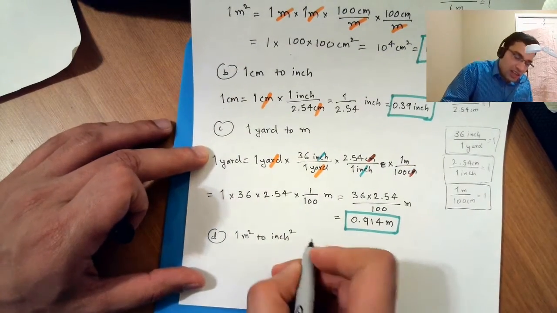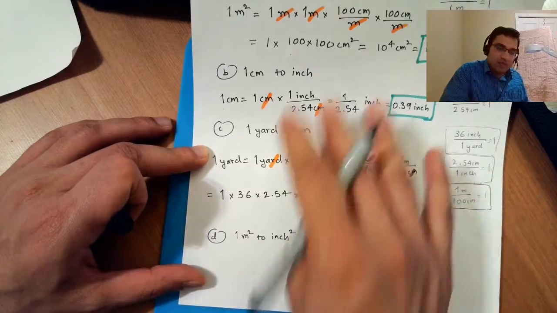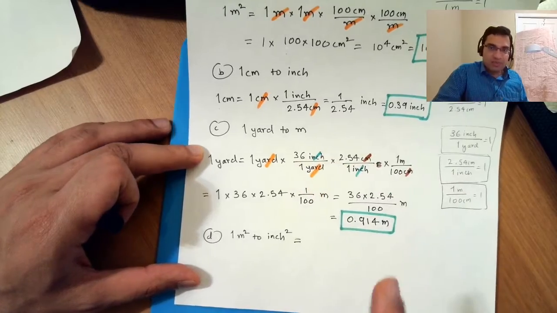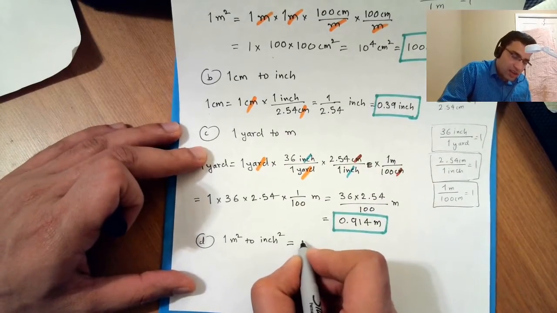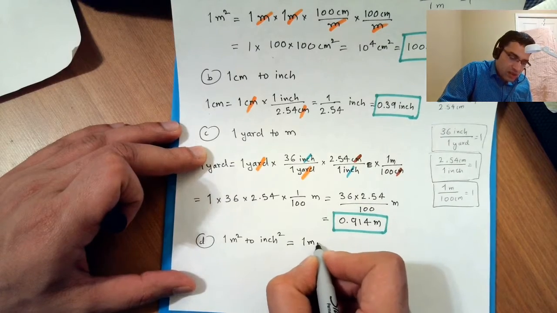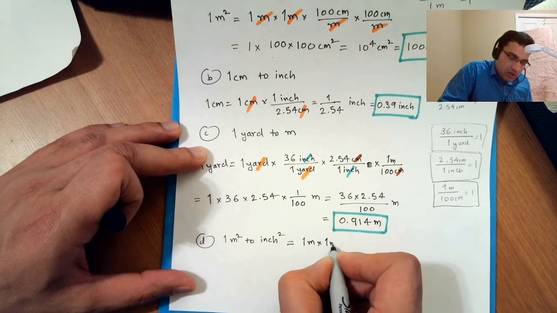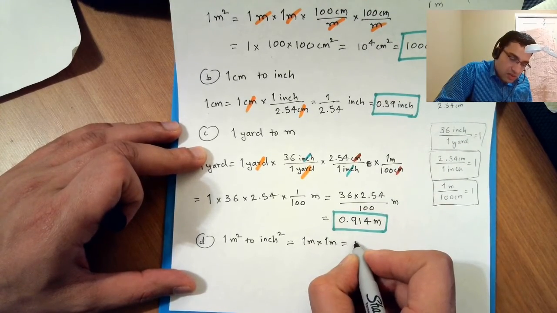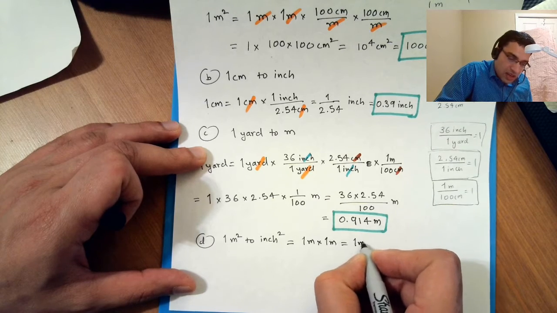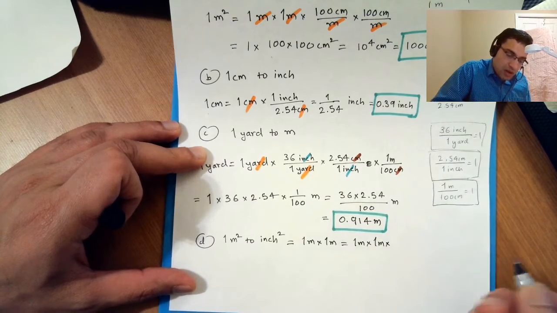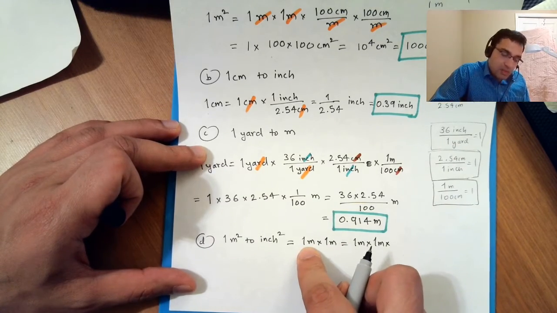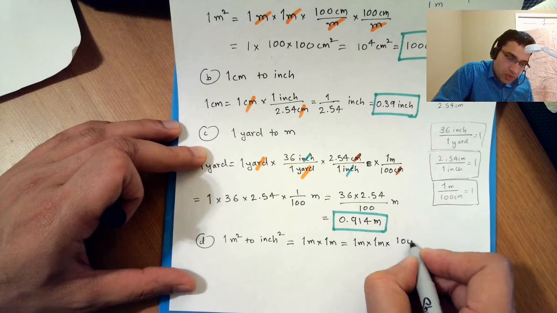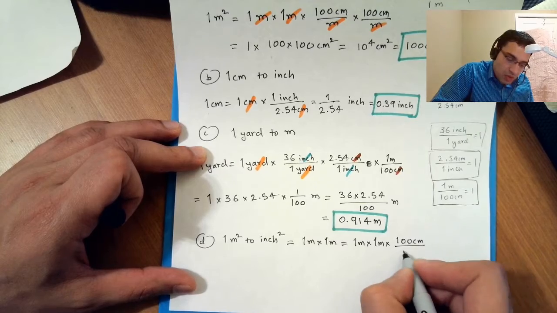Okay, so I'm going to directly start writing it because I feel like I've explained this a few times. I think when I start writing it, you should be able to relate it to what I have already written. All right, so 1 meter square is 1 meter times 1 meter. But I want to get rid of this meter. How will I do that? So I'll just write it again. 1 meter times 1 meter multiplied by, I need something with meter in the denominator. So I can do 100 centimeter divided by 1 meter